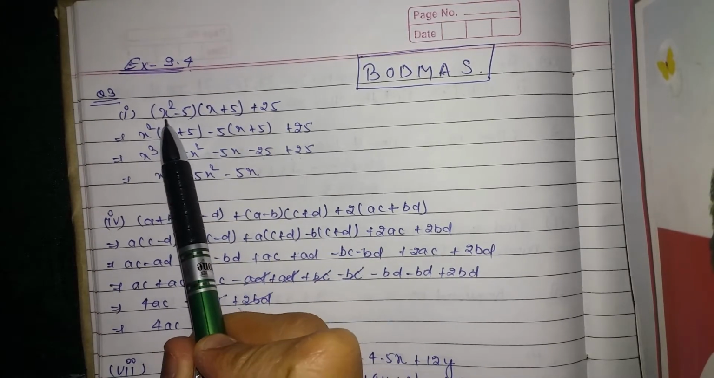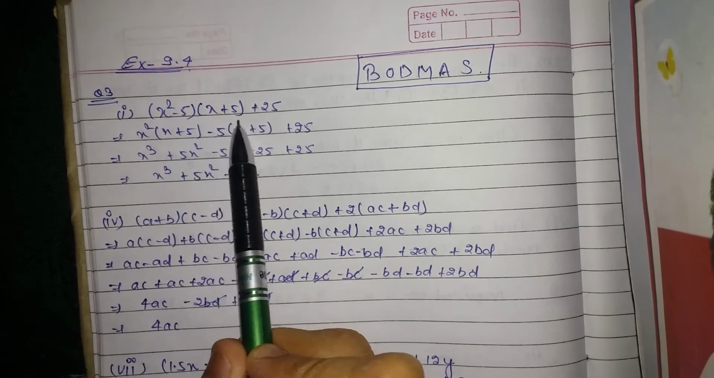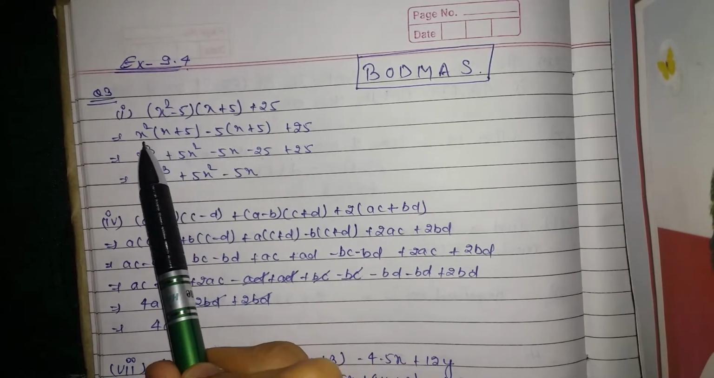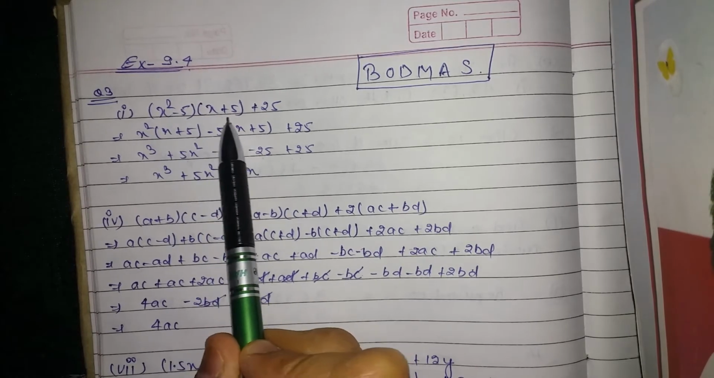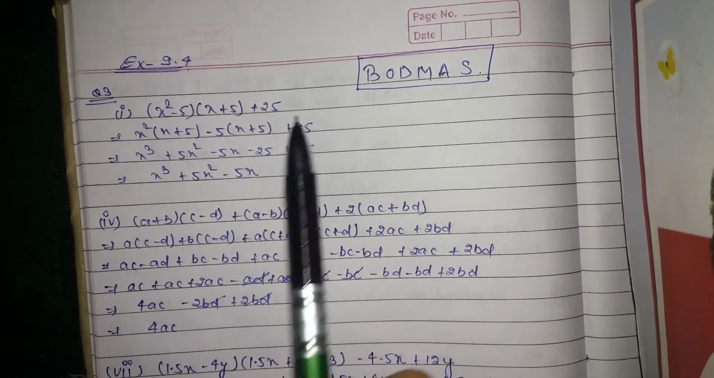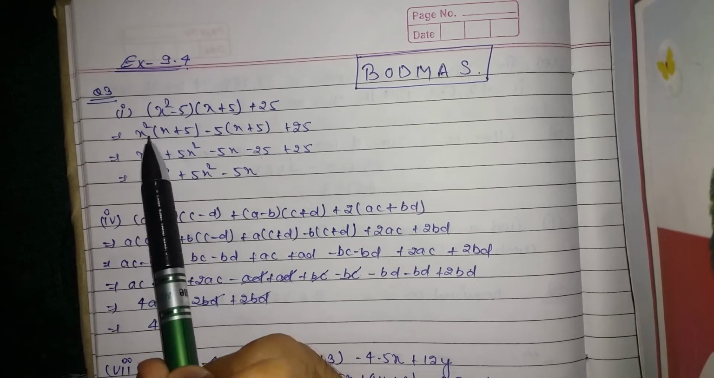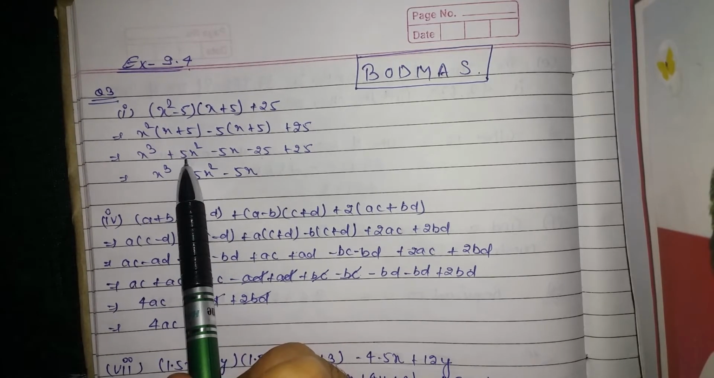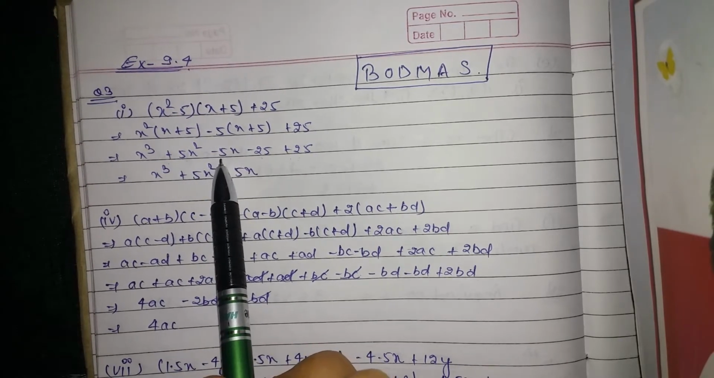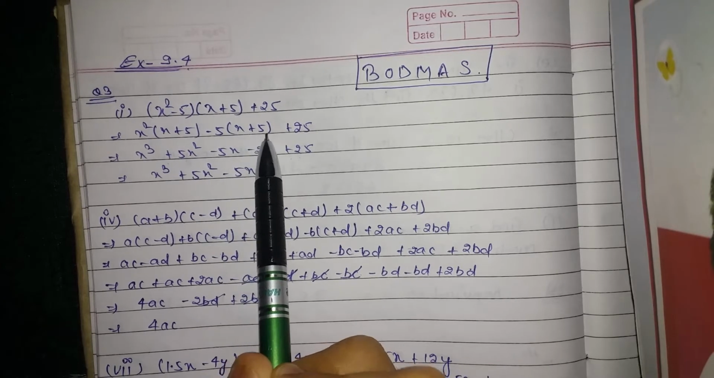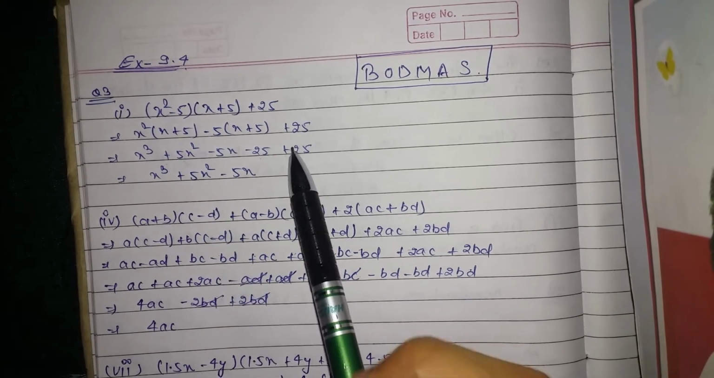Now this x square needs to be multiplied with this bracket. This minus 5 needs to be multiplied with this bracket. The same I have done in the next step. X square in multiplication with this, minus 5 in multiplication with this bracket, plus 25 will come as it is. Now this x square multiplied by x will give you x cube. X square multiplied by 5 will give you 5x square. Plus sign is given, so plus will come here. Now minus 5 into x will give you minus 5x. Minus 5 into positive 5 will be your minus 25 because minus into plus is minus, and plus 25